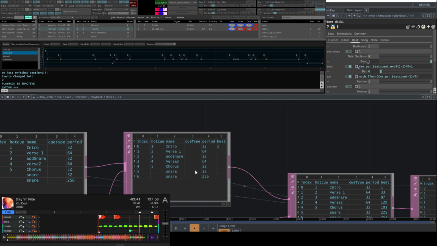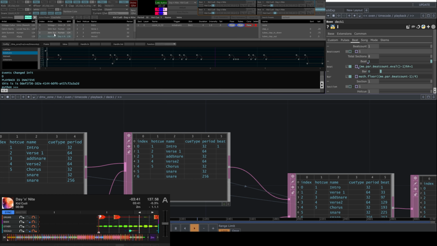I don't actually use QType right now, but I have aspirations to check if it's a loop or something. At one point it worked, but it wasn't really necessary, so I've kind of abandoned it. But the other ones are hooked up, and each section has a hot cue, a name, and a period, though not necessarily every section has a hot cue. You can have more than 8 sections in a song, but they are all defined here in our UI.